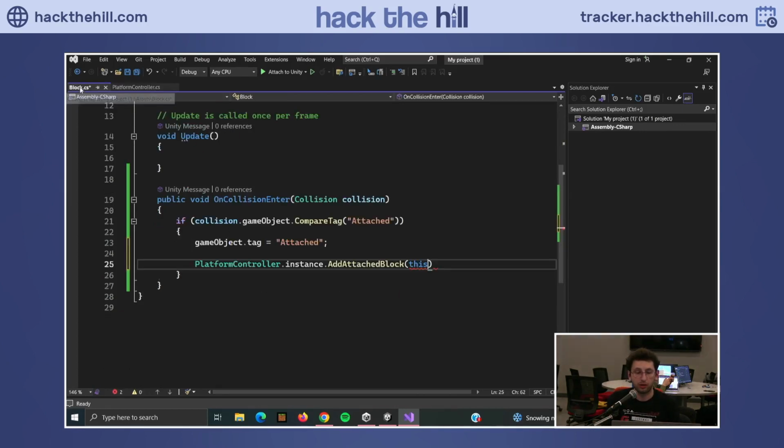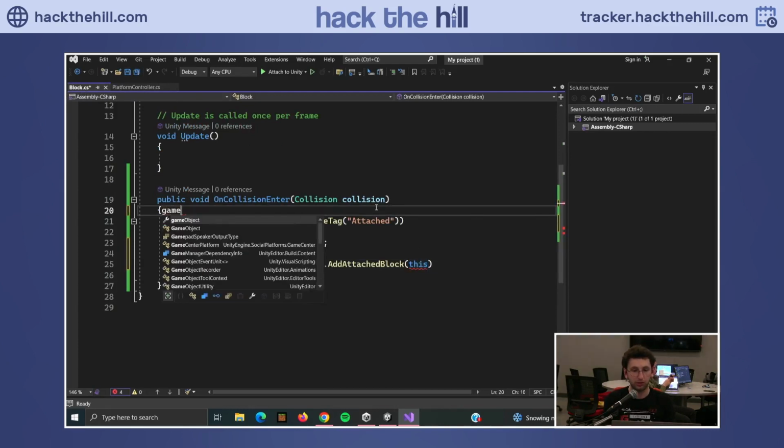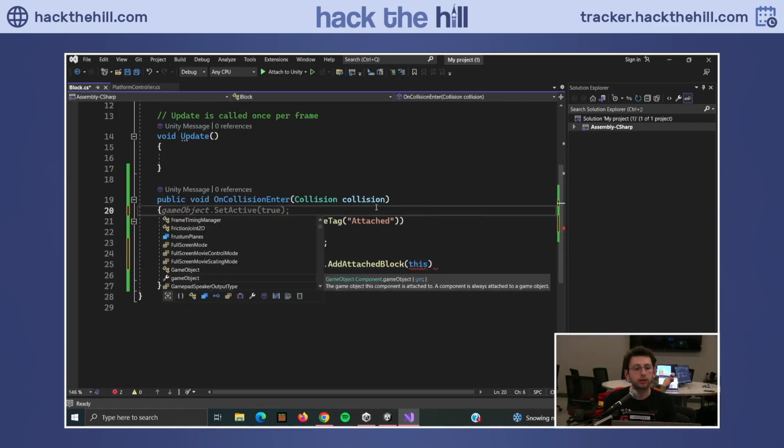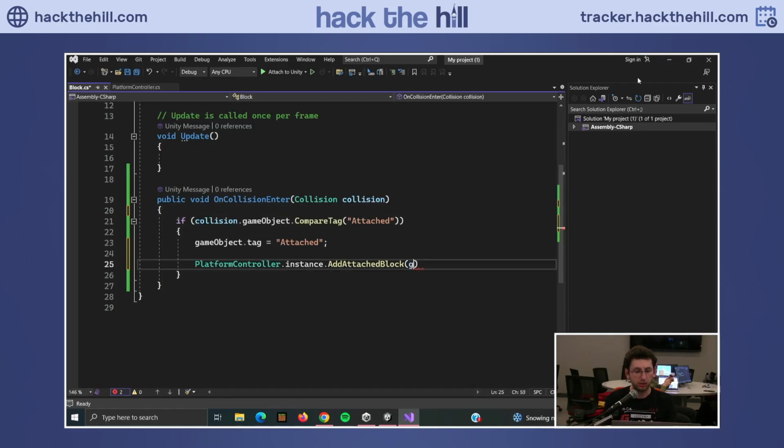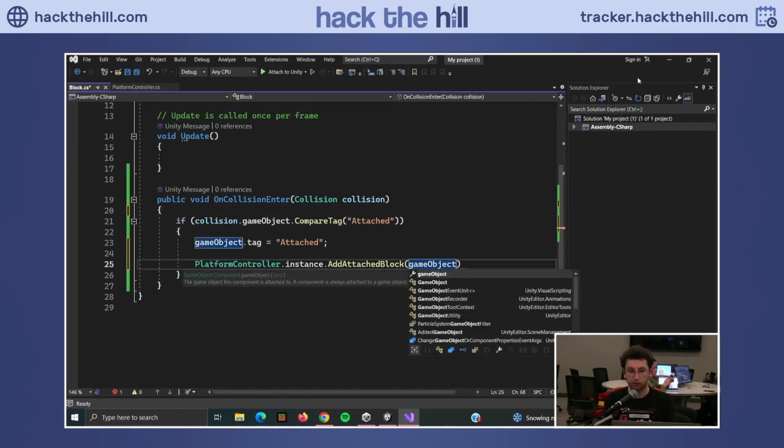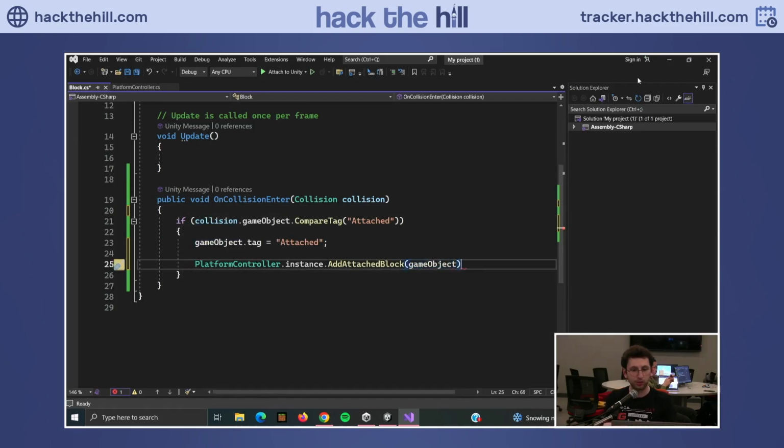Let's visit our block class again, and as discussed, let's change this to game object. And again, you can also use this dot game object. It's interchangeable. And then we're also going to want to